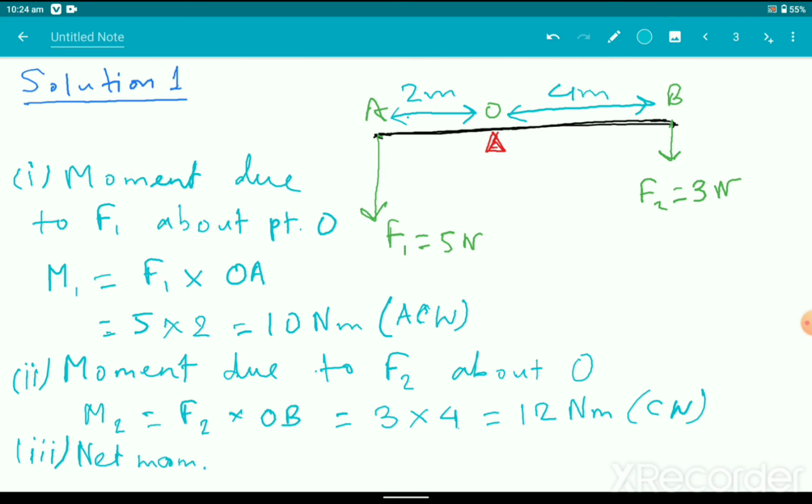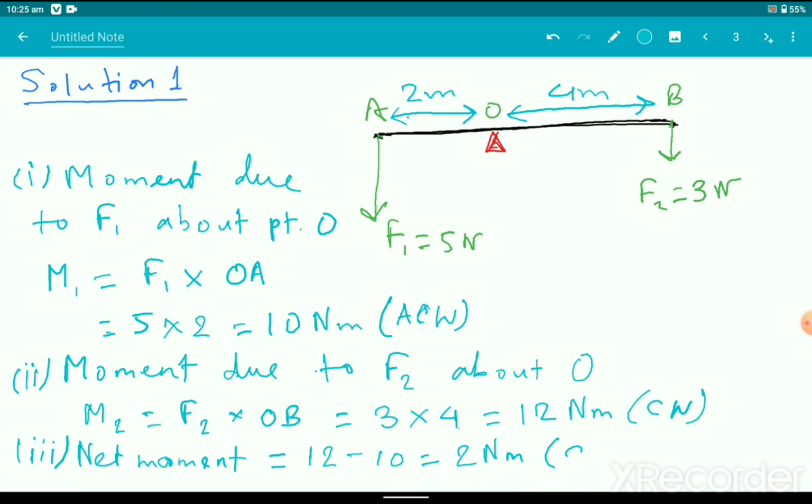Net moment equals to, generally clockwise moment is taken to be negative and anti-clockwise moment is taken to be positive. Okay, so here if you do not consider the sign, just write the direction at the end. We can also do it that way. So here the net moment will be 12 minus 10, that is equal to 2 Newton meter, and its direction